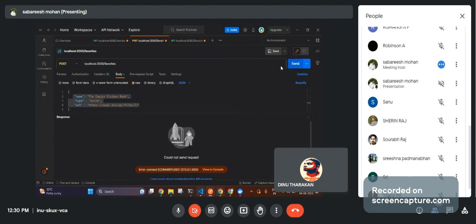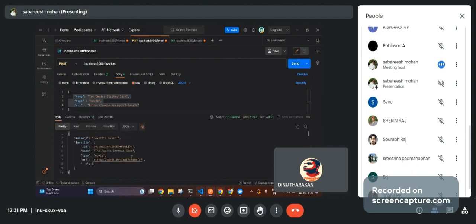Okay, it's 8080. Sorry. And mind you one thing, if you install Postman or Mongo on your laptops, and you are running your containers also, your system will be too slow. Don't install all these things unnecessarily. I'm just showing it for your understanding. So now this is saved. So if I make a get request,